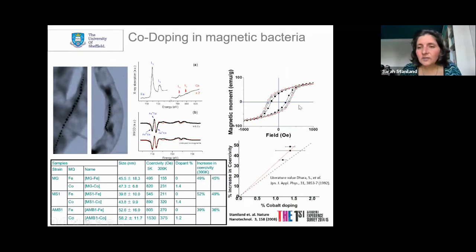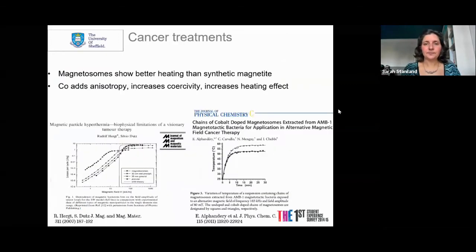So as you can see, hopefully on the right hand side here, the red dotted hysteresis loop is the one with the cobalt doping, and the black in the middle is the control. And that increase in hardness, that fattening of that loop, actually will increase the hyperthermic heating. Now this is even more important and interesting because other researchers have shown that